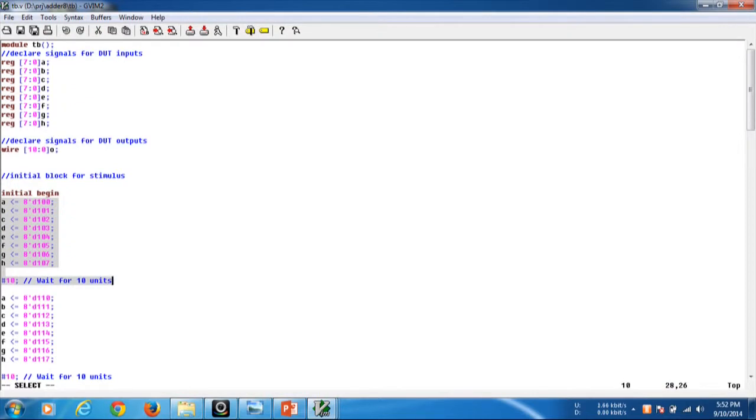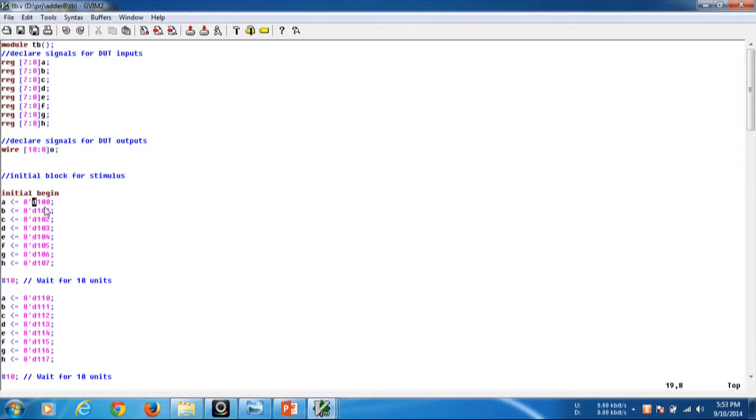8 times. If you look at it, A is assigned 8'd100. That means for the input A, we have declared it as an 8-bit input, so we write it as 8'd, which means 8 column D, which means it is a decimal number. We have declared it as decimal instead of binary, as it is very easy for us to do addition in decimal, and we have declared that value as 100.